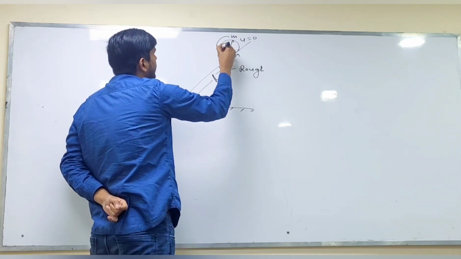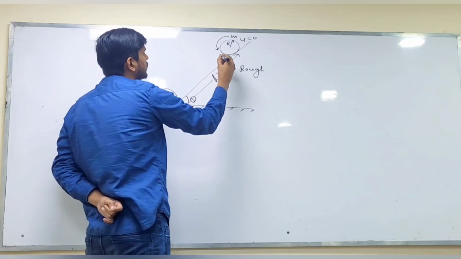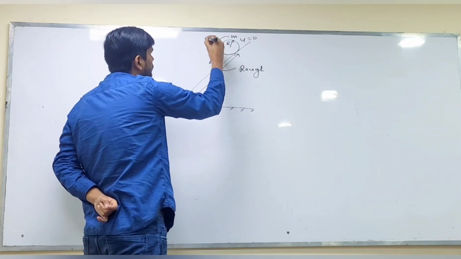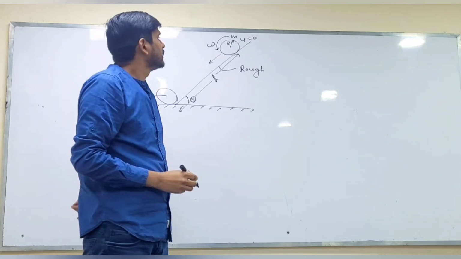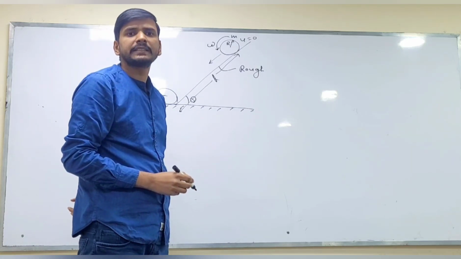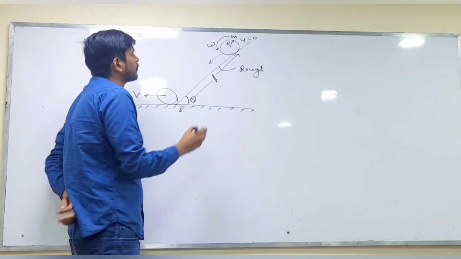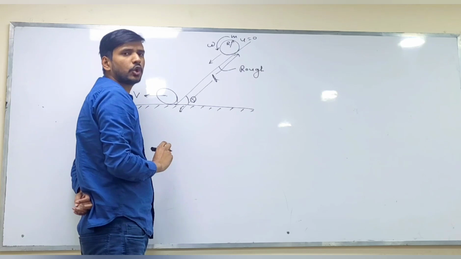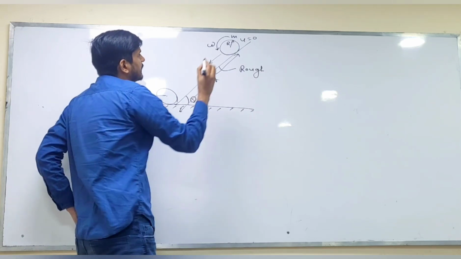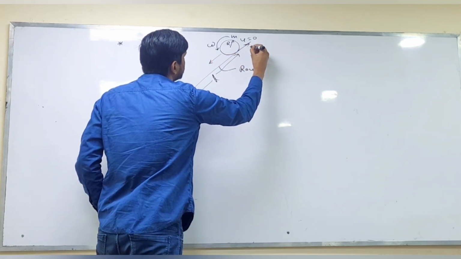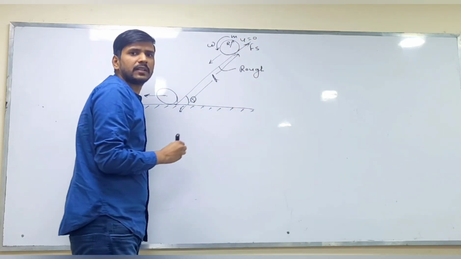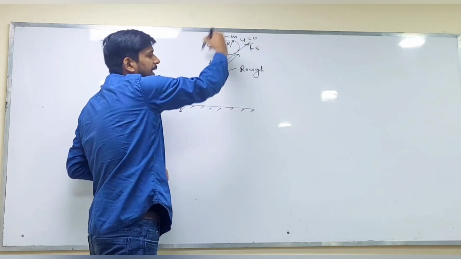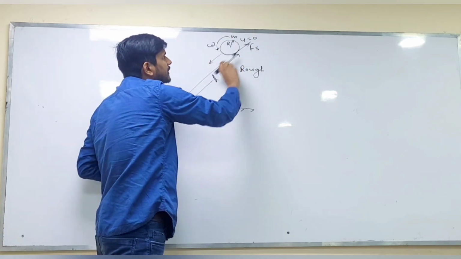This will rotate in this way because it is coming downward, so it will get velocity in this direction and it will rotate in this direction. Any body will get angular acceleration only when torque will act. It is initially at rest and after some time it will get omega. This means torque will act on the body. Direction of friction will be upward. This is a static friction. Why direction of friction is upward? Because it is rotating in this direction. So to rotate in this direction, friction must act upward.